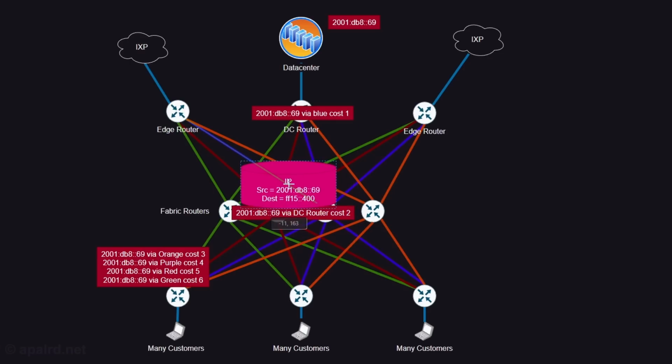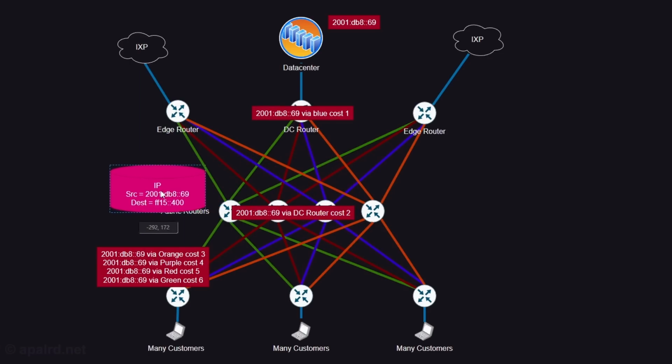So now this fabric router here, and I'll take the green one for example, it's going to look and say my best cost path to the source is via the DC router link, not via the many customers link. So I should drop the packet because otherwise I might create a loop. So essentially, by using the unicast routing table in reverse to look up the source address of a multicast packet, we can ensure we don't create a loop and that our packets get to every destination, flooded across the entire